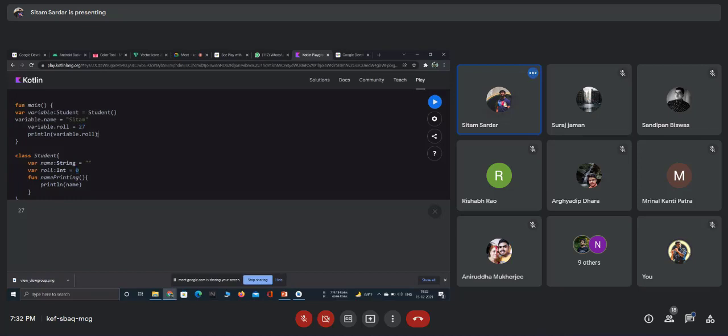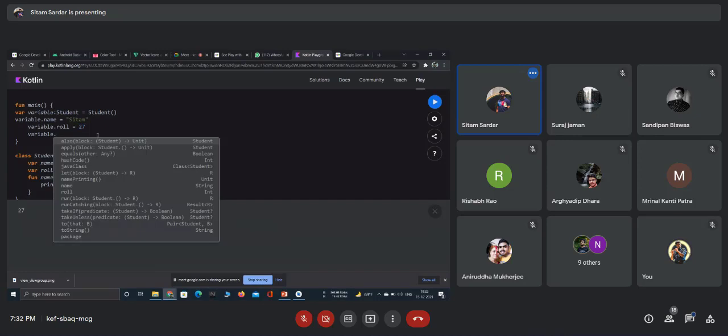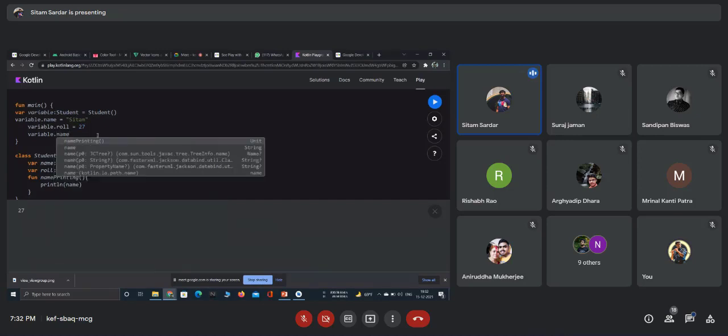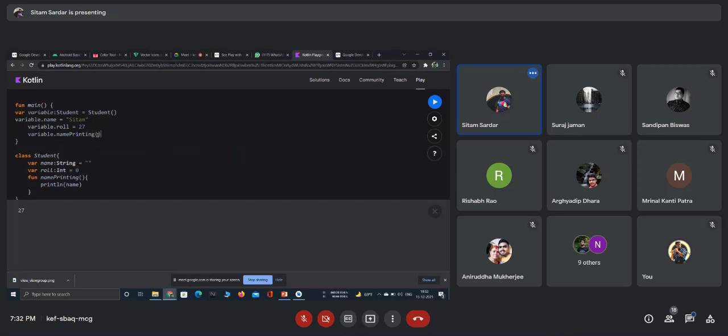And now what if we access this function? So let me access it, variable dot name, printing, just simple. Now just look at it carefully: whenever we are calling a function, we need to give the parenthesis here.